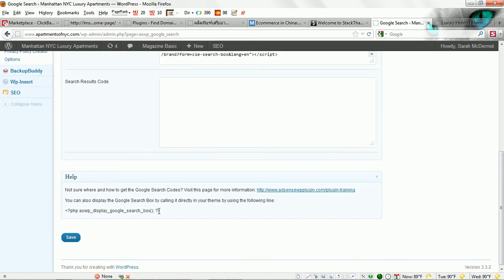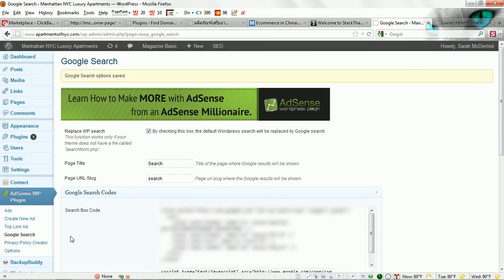You can also grab this little PHP snippet here and place it into your WordPress header code as well, and that'll allow you to show your search box anywhere you want to customize it onto your blog. But I don't do that. Like I said, I'm just going to save my search box code here, and once that saves, I'm going to simply go over to Appearance and Widgets,